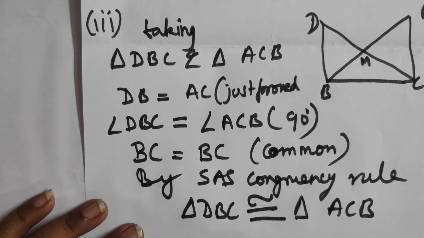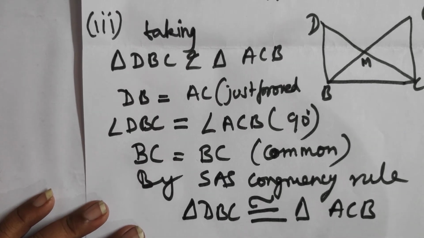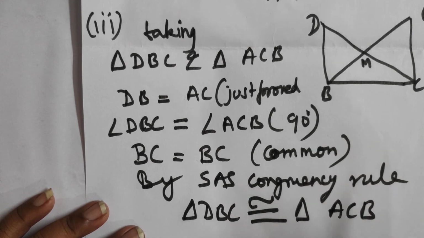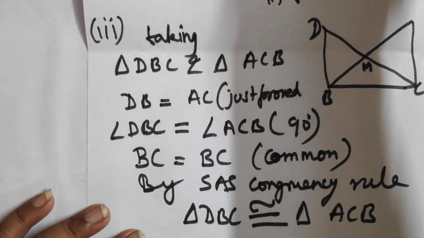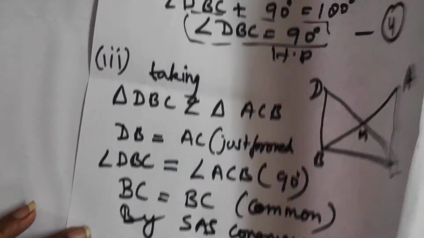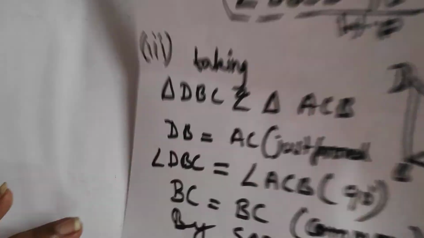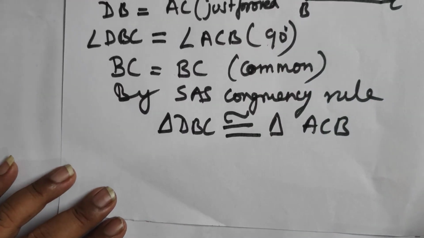Now you get to know how those 4 points that we have got by CPCT are useful. If you forget by taking these all 4 points while proving that first point, and by CPCT, then that will be very difficult to prove the rest 3 points. Yes, because we are using those points only. Now we have proved this. Now come to the fourth part that we need to prove.